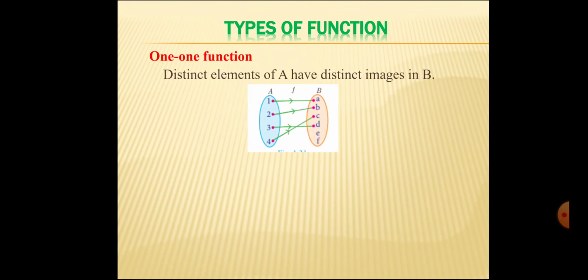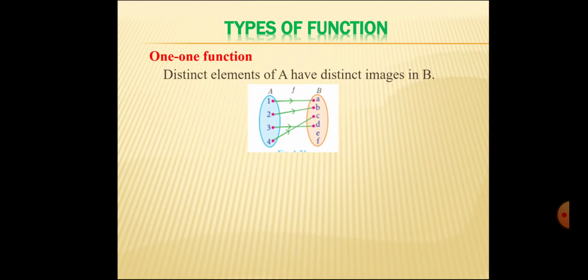Here see the diagram. Every element in A is in the domain. Every element in B is in the codomain. First you understand these names. A is the domain, B is the codomain. Another name for A is pre-image, and another name for B is image. So A has two names, domain and pre-image. B has two names, codomain and image. First you understand this clearly.